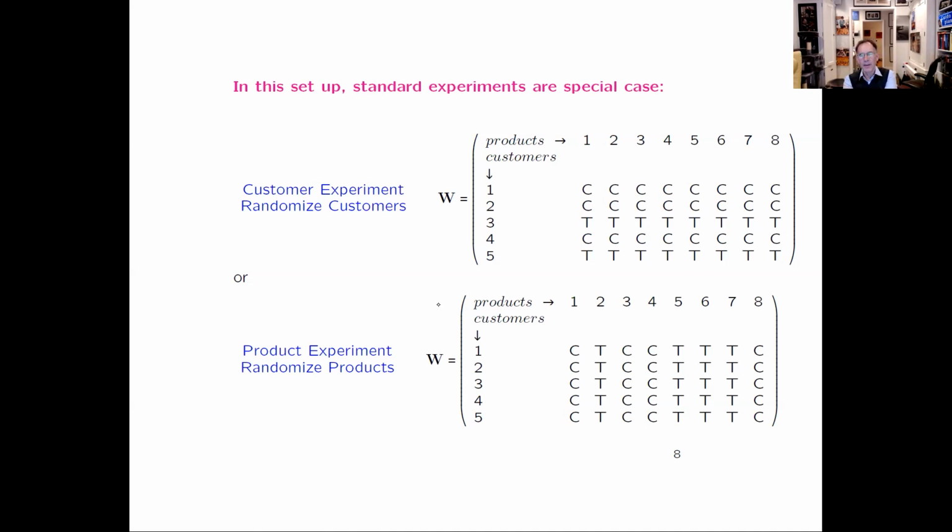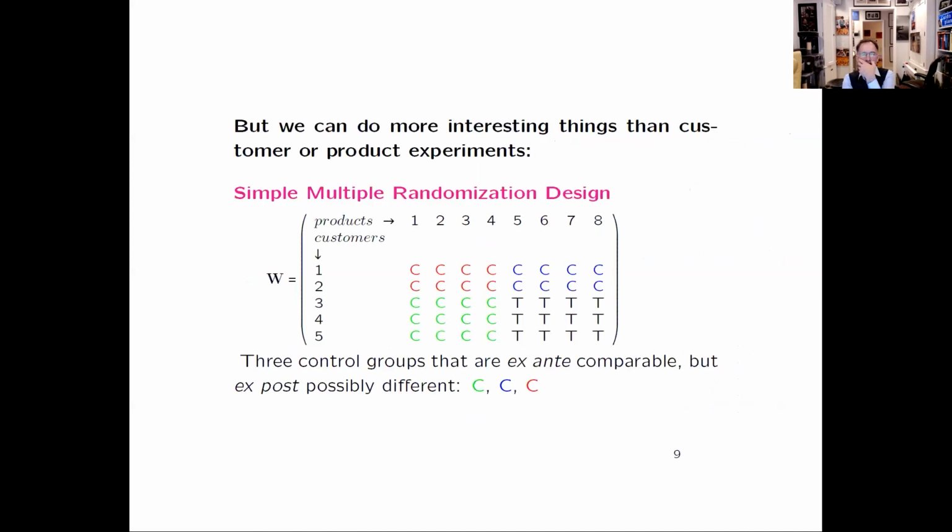To be specific, that's going to be a very attractive design if there's no interference. But if there's interference between units, then we're going to look for systematic correlation patterns in the assignment to be able to both detect and adjust for these types of interference. And so in particular, and this is going to be the leading design that I'm going to focus on during most of this presentation, we look at what we call a simple multiple randomization design, and that's one that's also mentioned in the Johari et al.